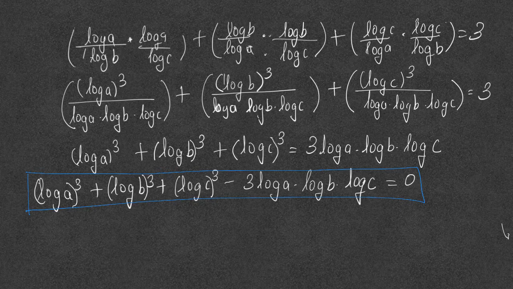So this is the equation we got over here, and we have to relate this to a very important equation we know. If you consider this as only a, b, c, and you know a cube plus b cube plus c cube minus 3abc equals to what? You have learned the equation. Can you write down the important equation which you learned? a cube plus b cube plus c cube minus 3abc is equal to a plus b plus c into a square plus b square plus c square minus ab minus bc minus ca.